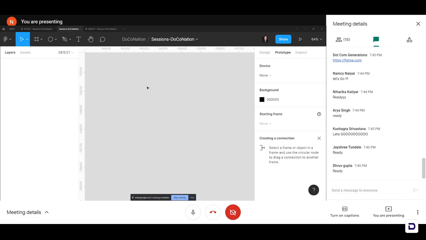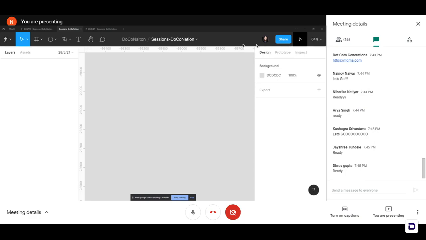Before we get started with the animation, let me give you a brief of Figma for the newcomers or the ones who are not familiar with it. On the right side of your screen is the properties panel. It has three portions: design, prototype, and inspect. Today we'll be concerning ourselves with the design and prototype panels. You don't have to worry about inspect. On the left side we have our layers and assets panel. The layers panel is what we'll be working with today.